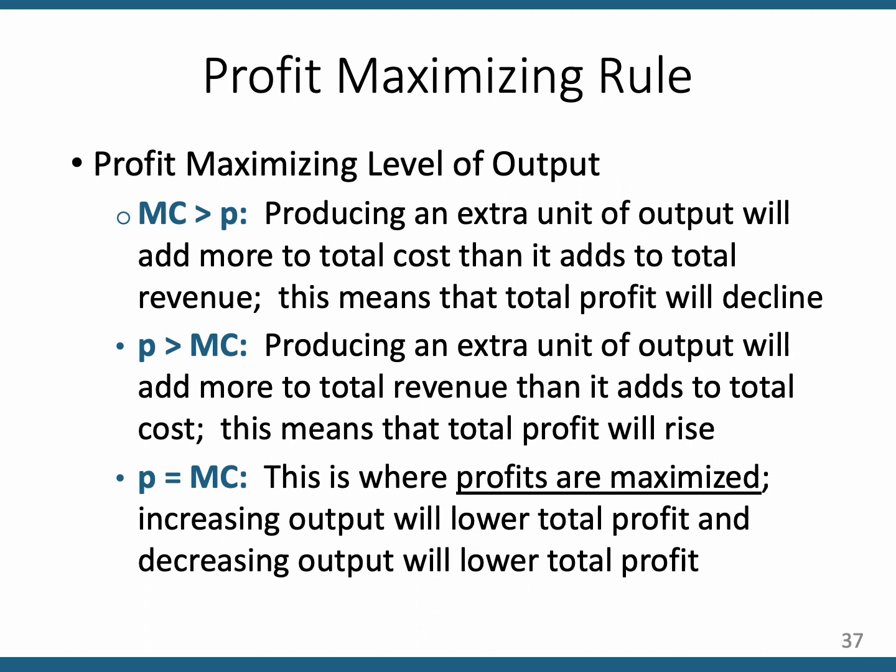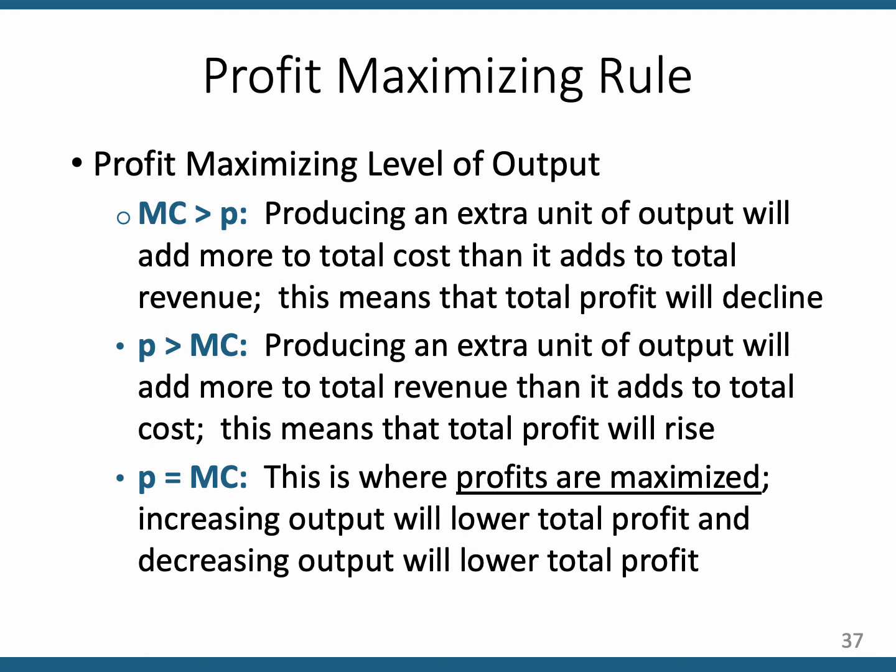So this slide, which is taken right from your textbook, doesn't show you marginal revenue. It shows you price instead. By the way, whenever you see P, that means price, not profit. When I mean profit, I will spell out the word profit. So whenever you see P, that always means price.